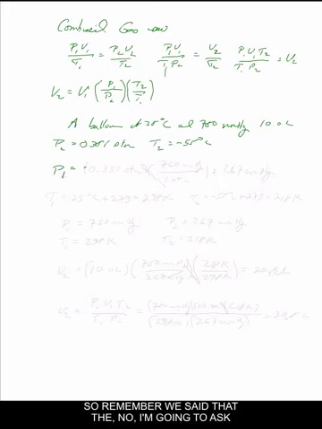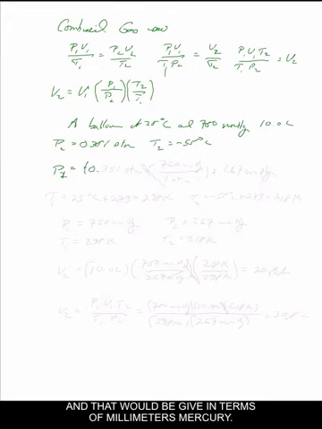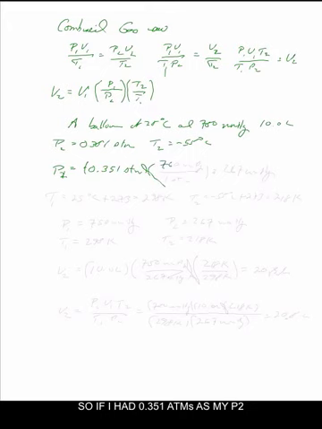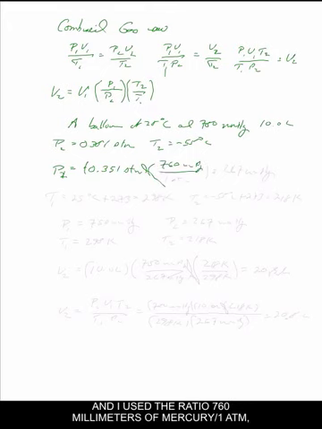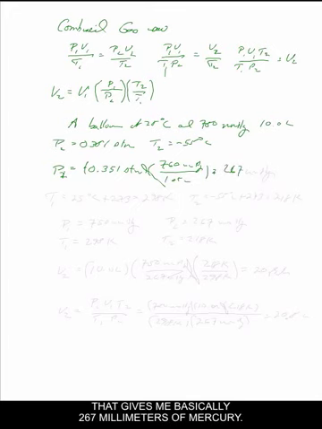So, remember we said that I'm going to ask what the second pressure was in terms of atms, and that would be given in terms of millimeters of mercury. So if I had 0.351 atms as my P2, and I use the ratio 760 millimeters of mercury over 1 atm, that gives me basically 267 millimeters of mercury. Notice, if I had wanted to take P1 and turn that into atms, I could have done that too. All I care about is I either compare a ratio of atms or a ratio of millimeters, and I've just worked this out. I just chose to do a ratio of